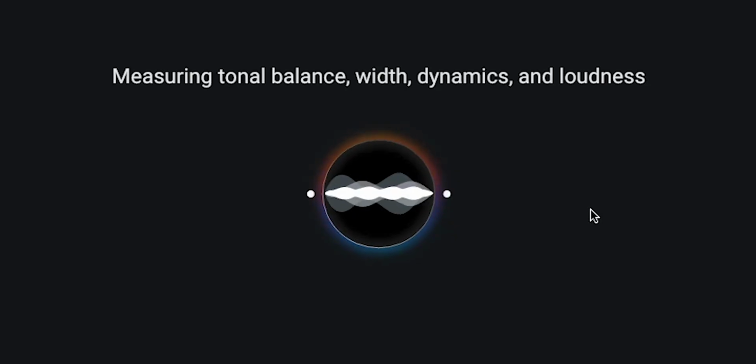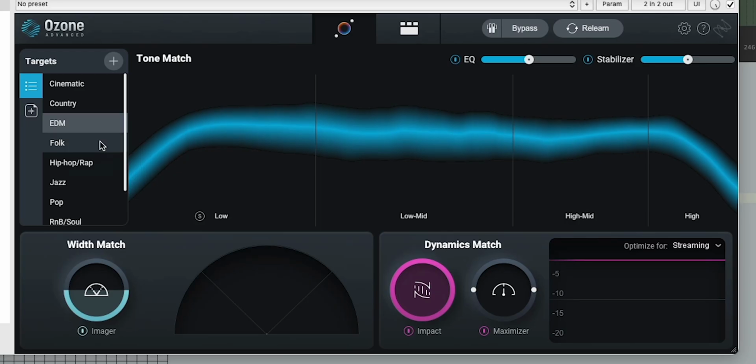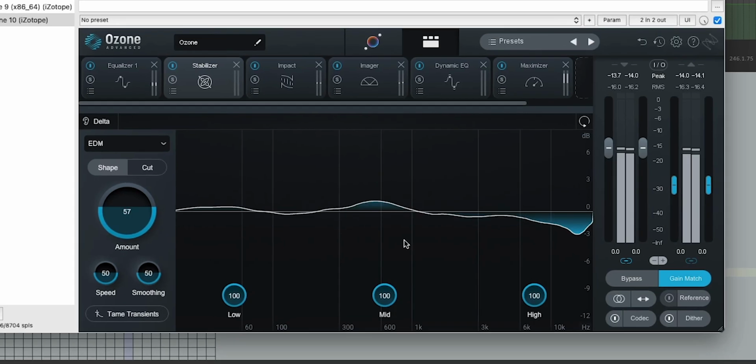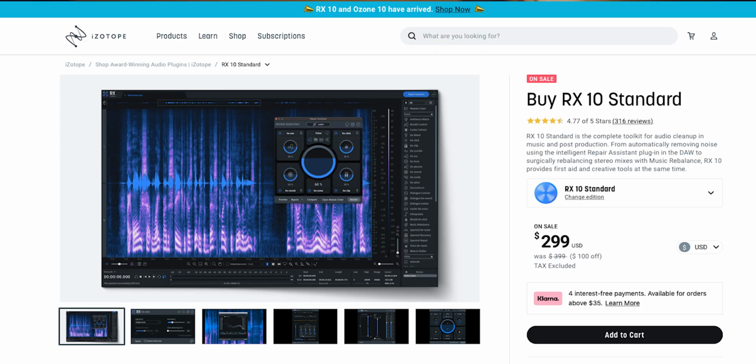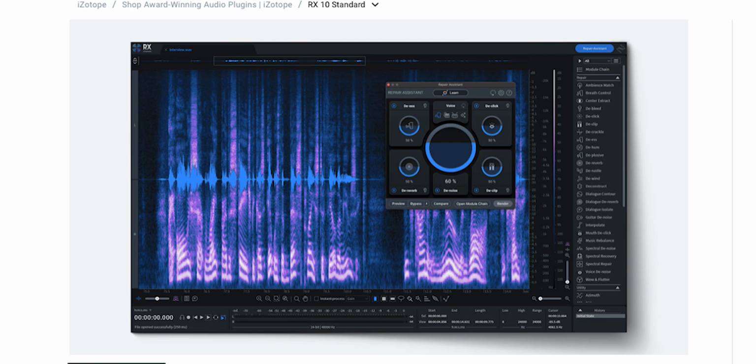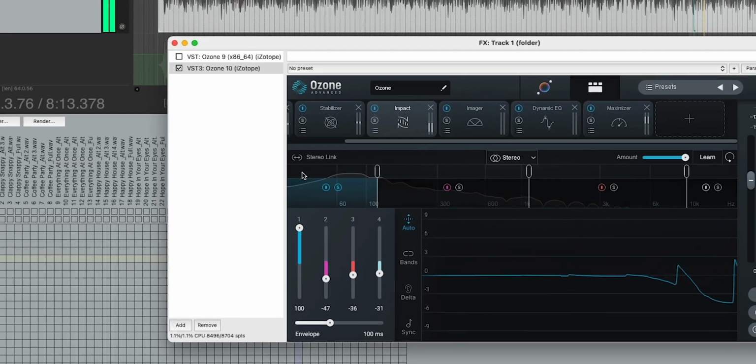Today we're going to talk about mastering, and specifically mastering with iZotope's new Ozone 10. Last week, they released Ozone 10, and they were kind enough to send me a copy in advance. They didn't tell me what to say. They didn't ask me to make a video, but I'm going to make a video because these are products that